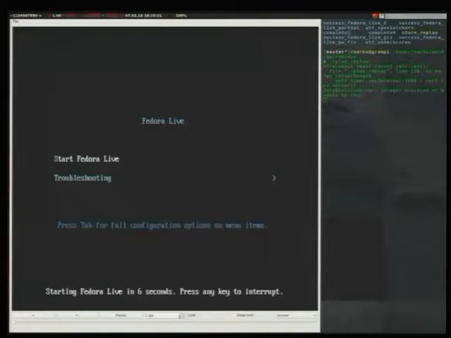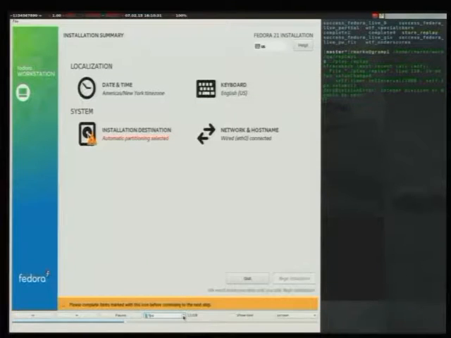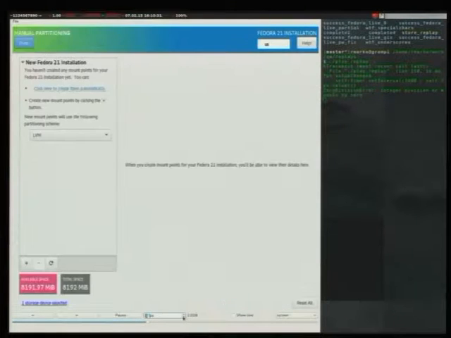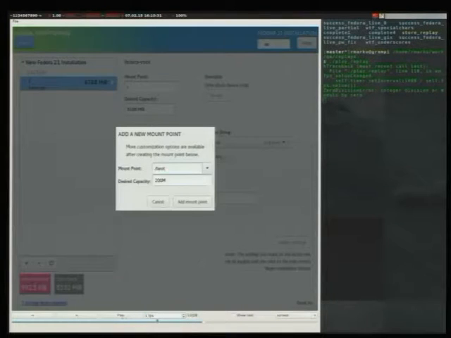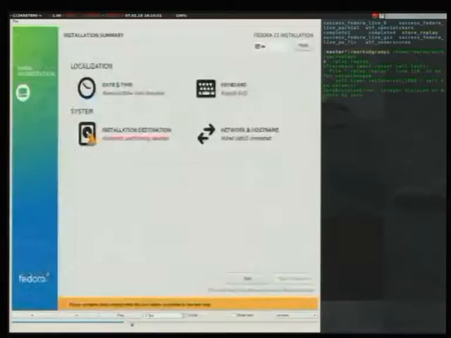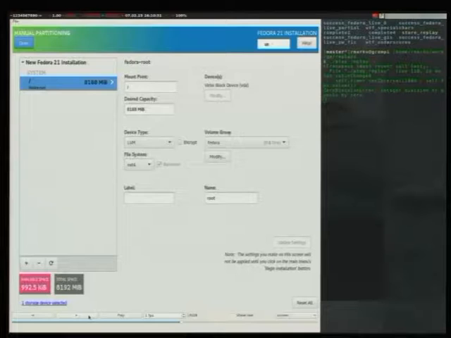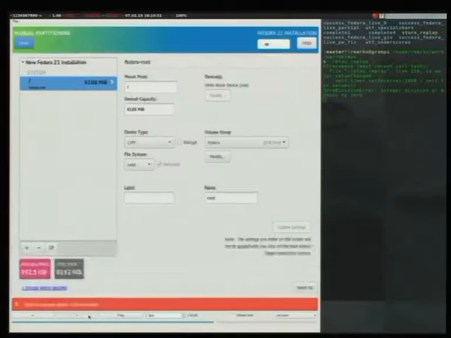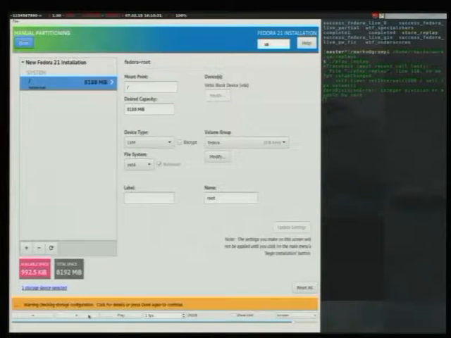This is around where I actually found a bug with this tooling. It's an attempt to configure partitioning, which fails at some point. Yeah, here. I can show you the image. There is one of the timing issues I've mentioned. The G starts repeating, and the mount point is not added with 5 gigs as it should be, but it ends up with 8 gigs. And then it tries to add more, which gets an error,